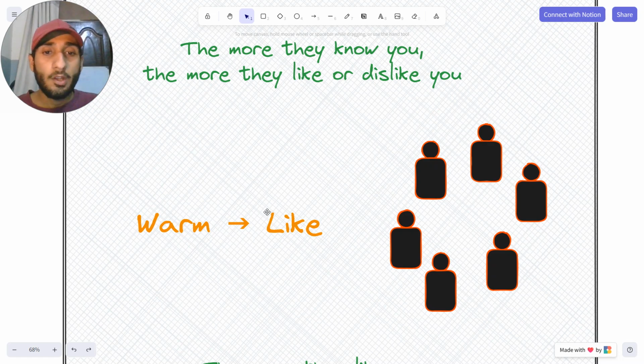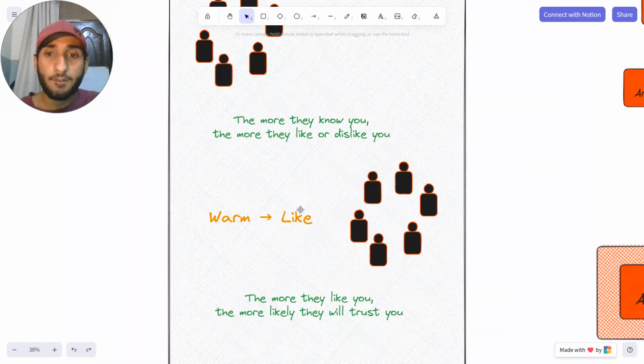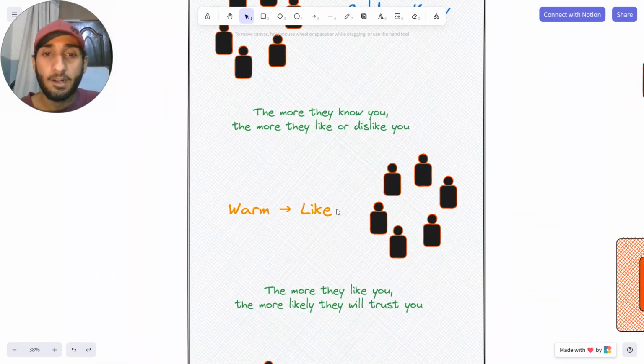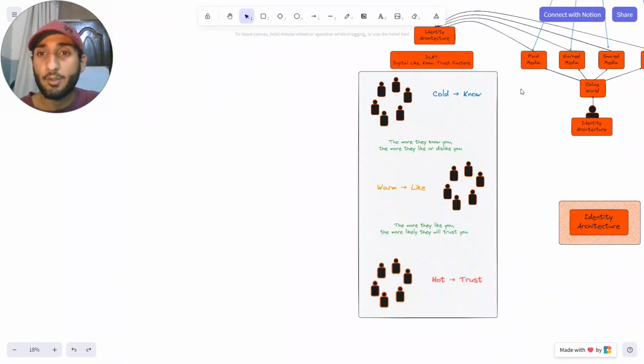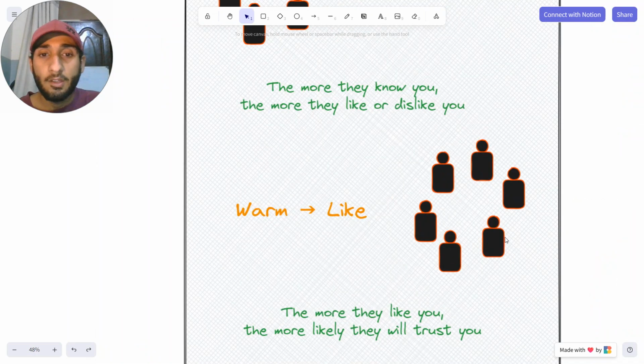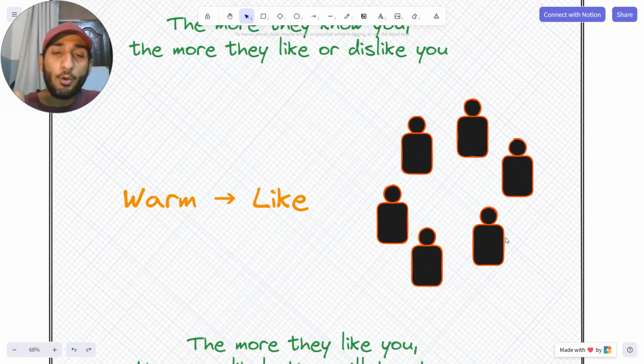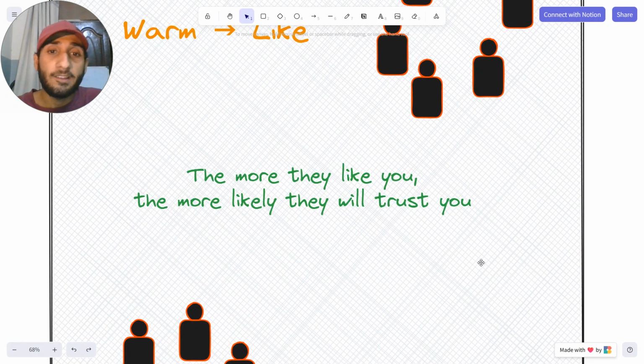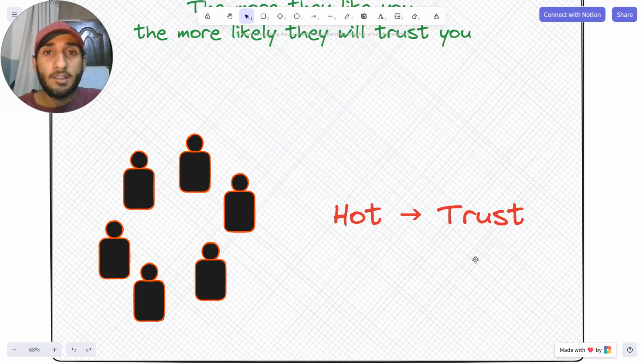So what happens is that the warm audience, after you produce your own media, your website, the content in your website, is going to like you even more, okay? And after that, the more they like you, the more they will trust you, and that will convert those hot audience into more trustworthy audience. And at that time, it matters